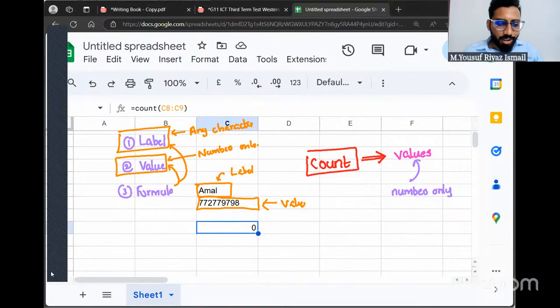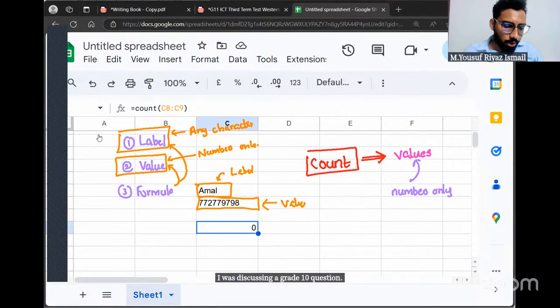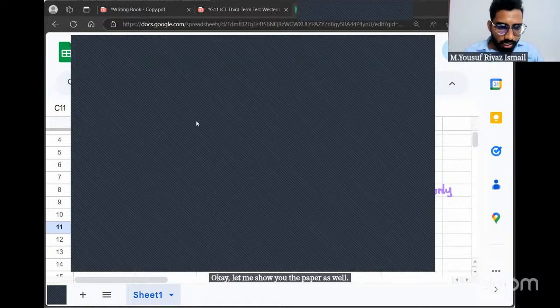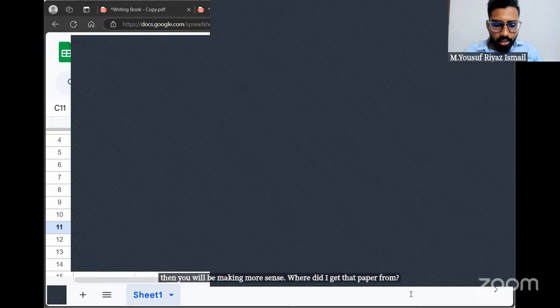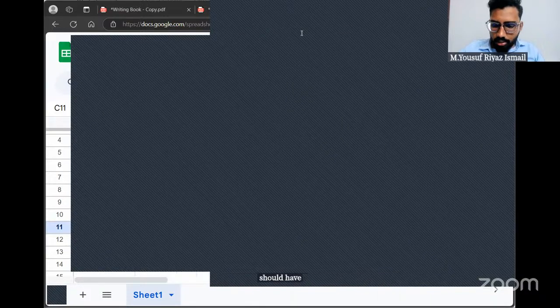I'll tell you where I noticed this. I was discussing a grade 10 question. Let me show you the paper as well. I'll ask you what's the answer for that question, then it will make more sense. Where did I get that paper from? She has the printers.